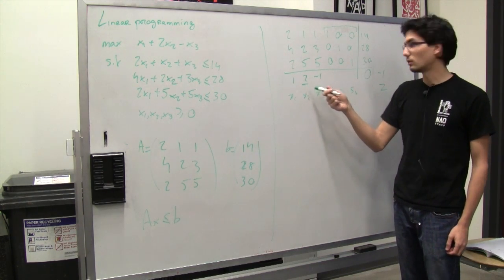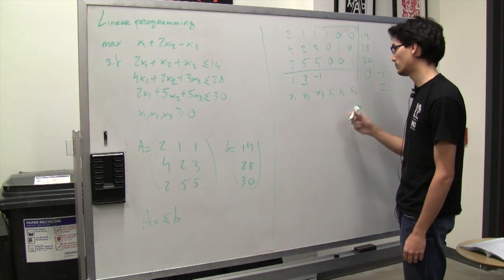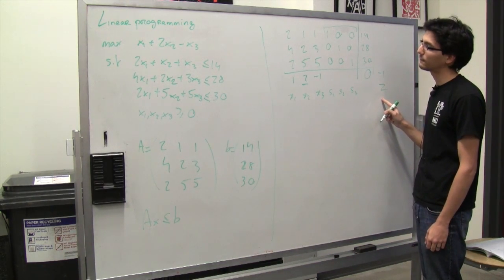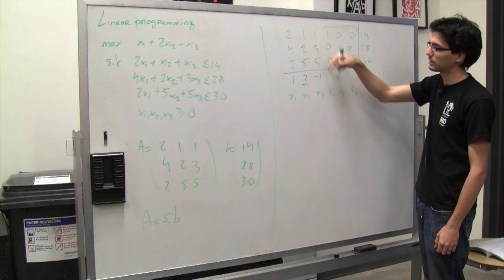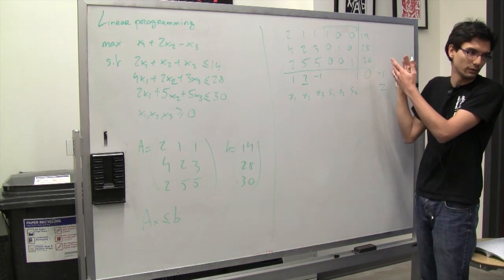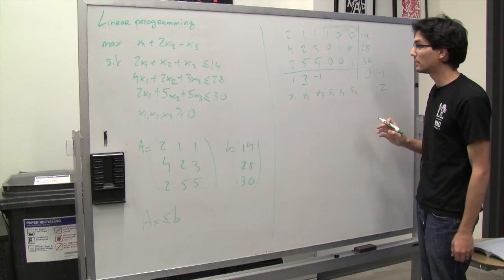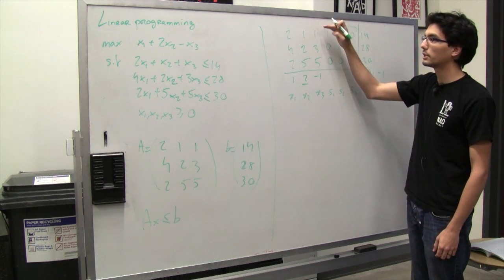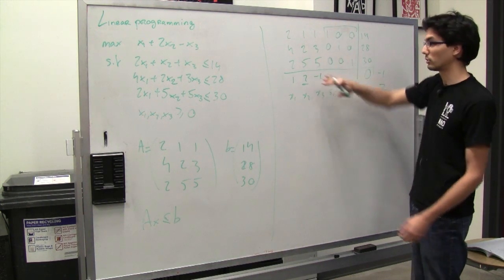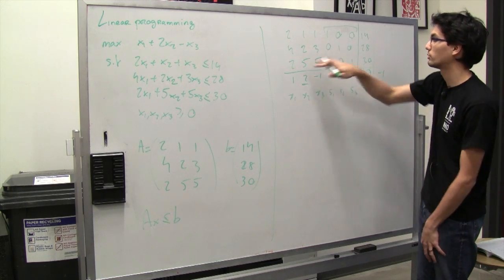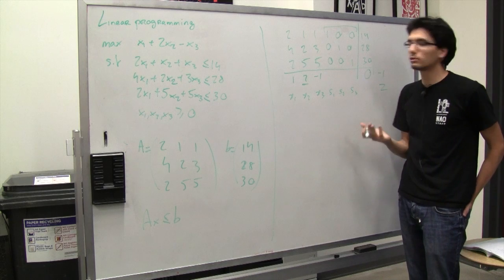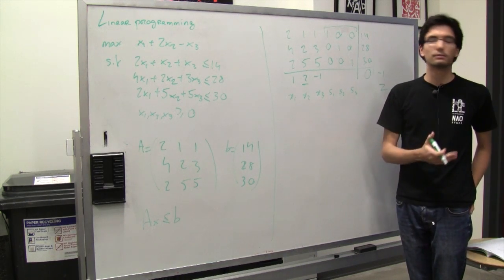Why is it important? Because you are trying to maximize it, and basically, if you can crush this down to 0, you're going to increase the value of z. Then you need to choose one particular row among these 3. So you forget all the line, you choose a column, you choose a row. The choice of the row is extremely important. You need to choose a row such that,